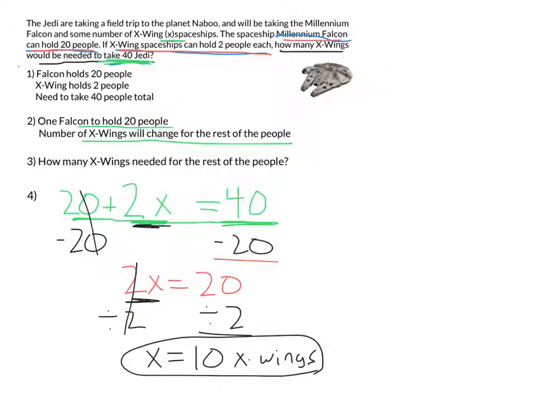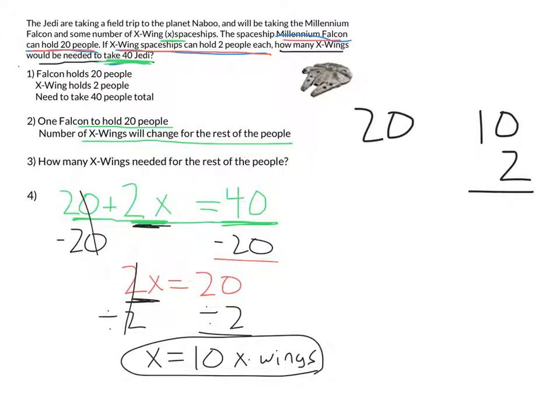Let's check this out, make sure it works. We know that we can hold 20 people with our Millennium Falcon, so that gives us a total of 20 people. We got 10 X-Wings that can hold 2 people each. Again, that is 10 X-Wings, that was the solution that we got, that can hold 2 people each